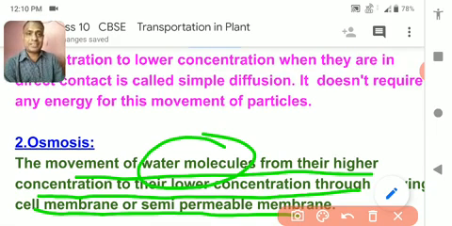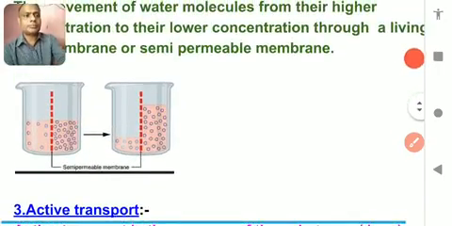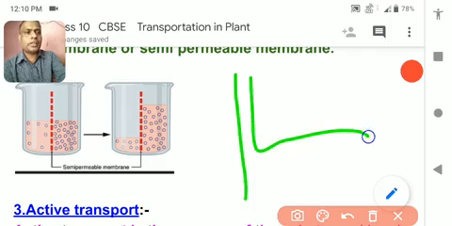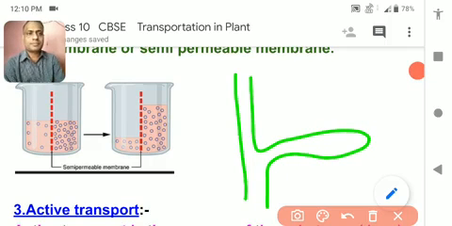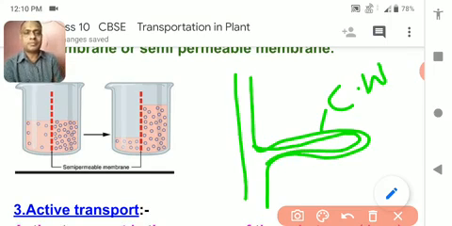How does it happen? You are thinking how osmosis can help in transport. I am showing you. Suppose this is a plant. This is a root hair of a plant. Outside the root hair, the outer wall is the cell wall, and just beneath the cell wall there is a cell membrane. The second membrane is the cell membrane.